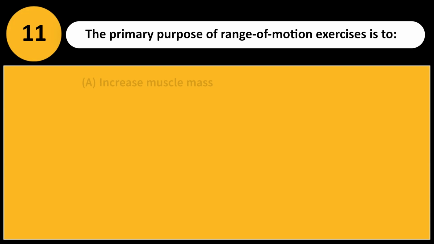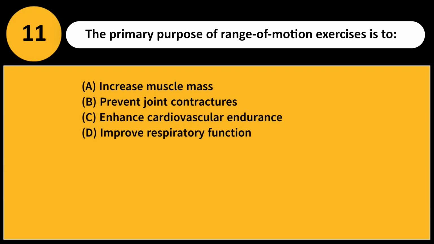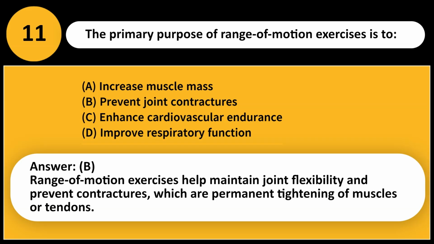The primary purpose of range of motion exercises is to: A. Increase muscle mass. B. Prevent joint contractures. C. Enhance cardiovascular endurance. D. Improve respiratory function. Answer: B. Range of motion exercises help maintain joint flexibility and prevent contractures, which are permanent tightening of muscles or